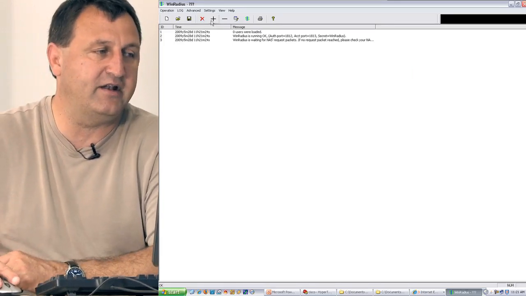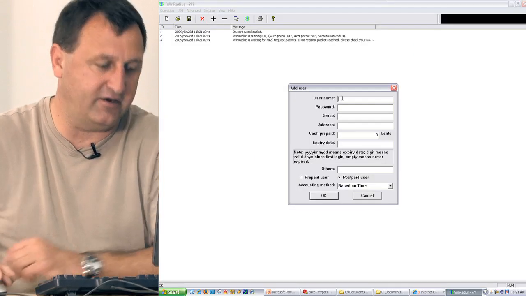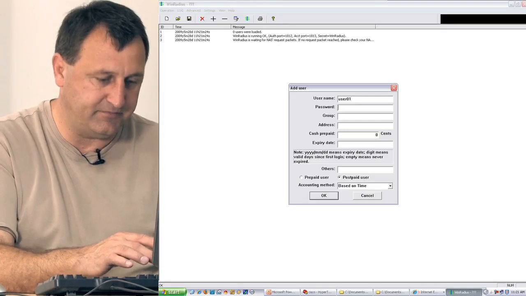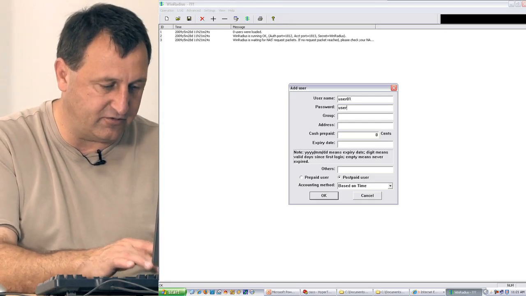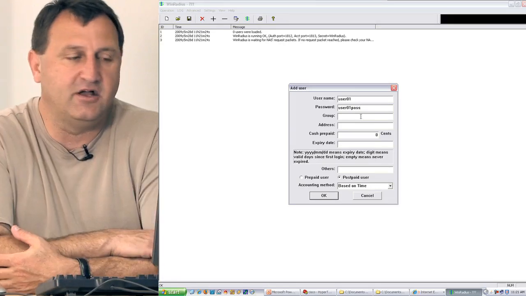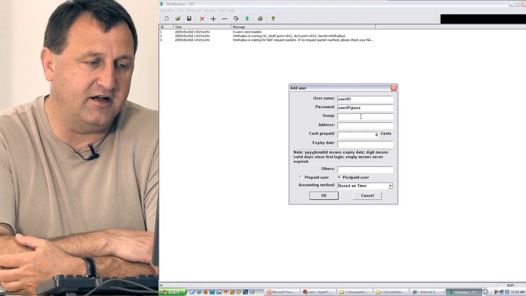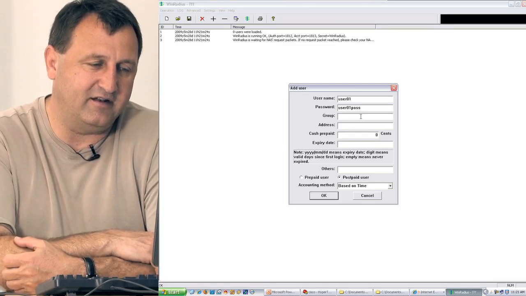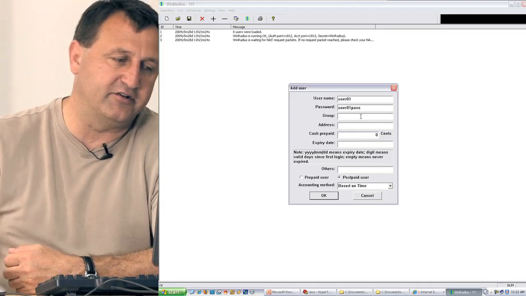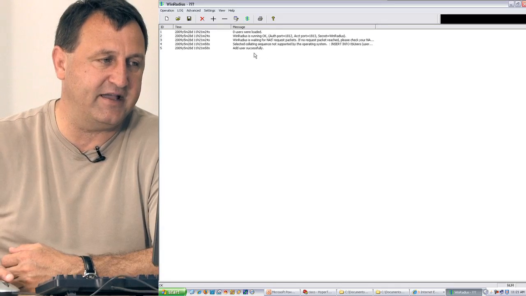At this point, we're going to go ahead and add users, and it's as simple as hitting the plus sign here. Put in our users. We're going to create 3 users. So user01, and we'll put a password, user01pass. Now we can add that user to a group. We can restrict them so that they can only come in from a particular address. We can manage accounts. We can give them expiration dates, and others, but we're not going to use any of those features at this point. So we're going to hit OK,